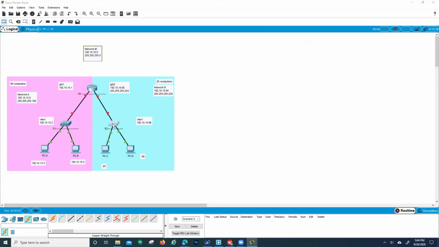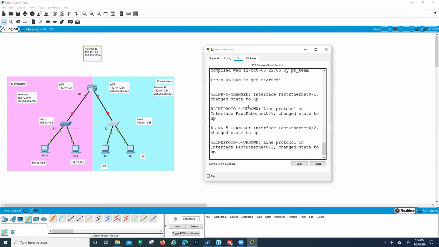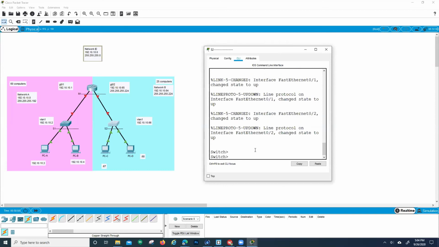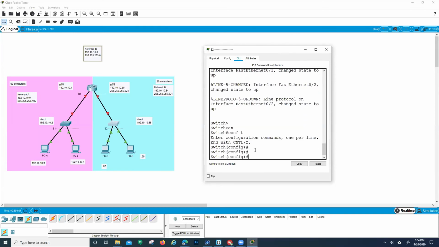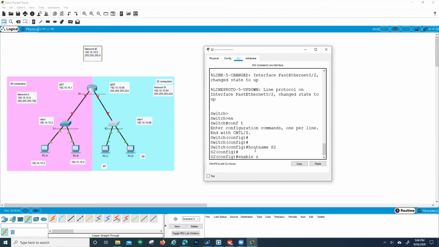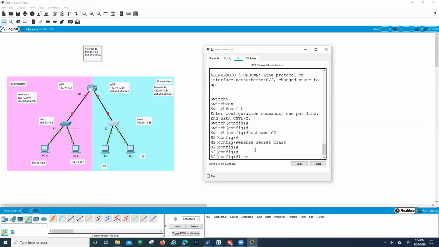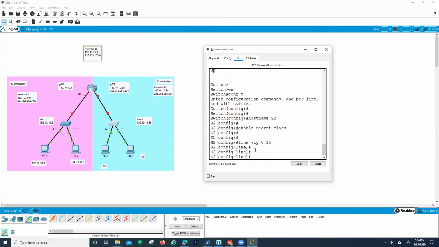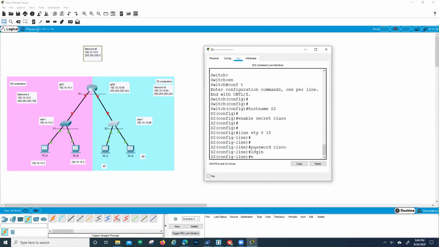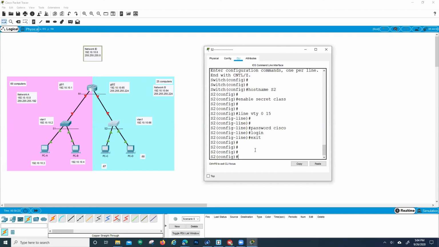This switch again is in the second network, so the IP address is going to be different. Again, host name S2, enable secret class, line VTY 0 through 15, password Cisco, login to activate the password, exit, then interface VLAN 1, IP address,